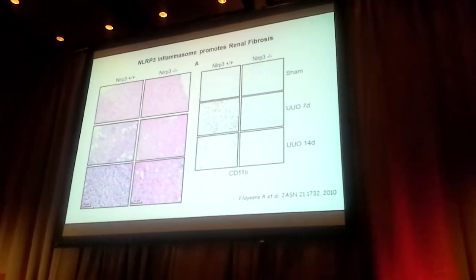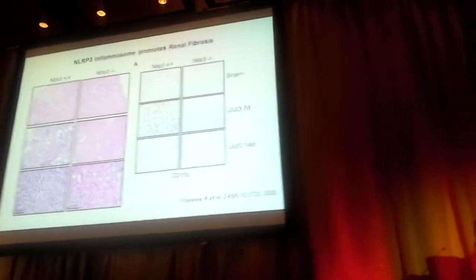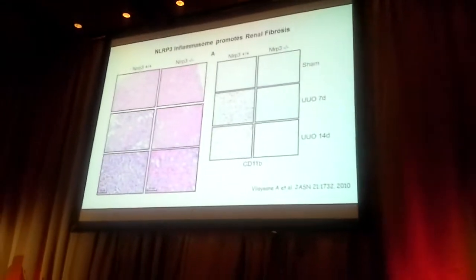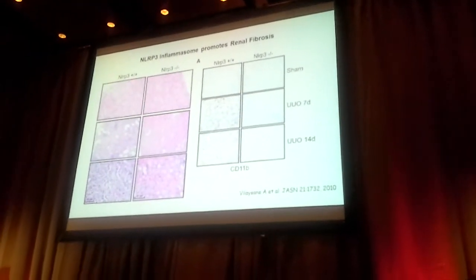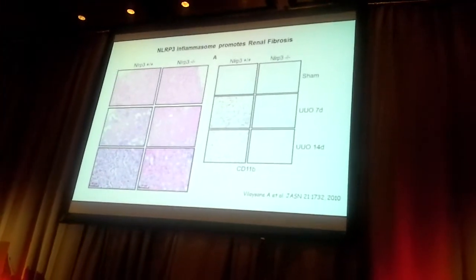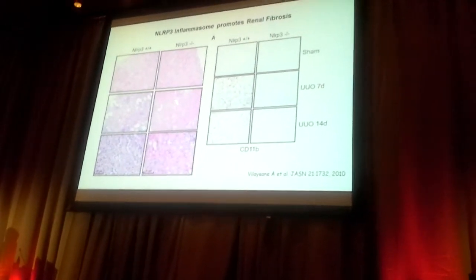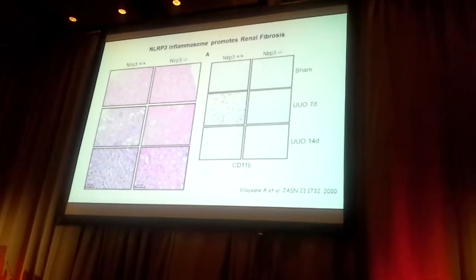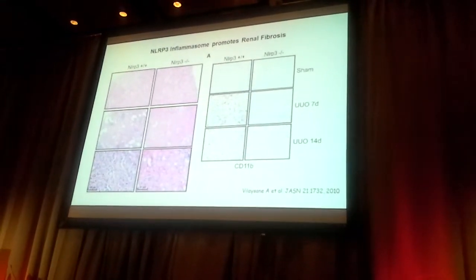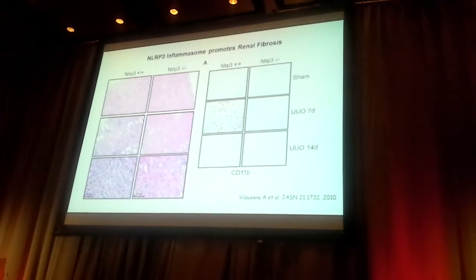But there is some paper about the role of the NLRP3 inflammasome in the development of renal fibrosis. This is the animal data from the UUO model, a representative model of renal fibrosis. As you can see, in the NLRP3 knockout mouse, there is a substantial decrease in tubular dilatation, interstitial fibrosis, and cell infiltration shown here. Again, this NLRP3 inflammasome may play a role in the development of renal fibrosis, even if it is not related